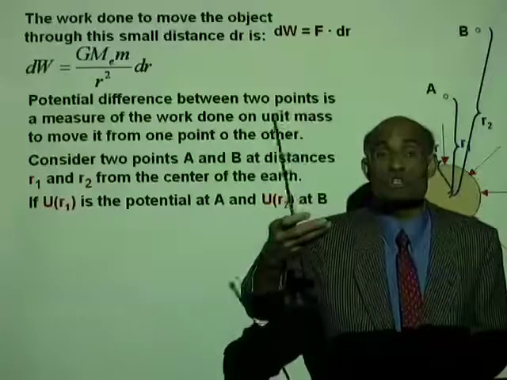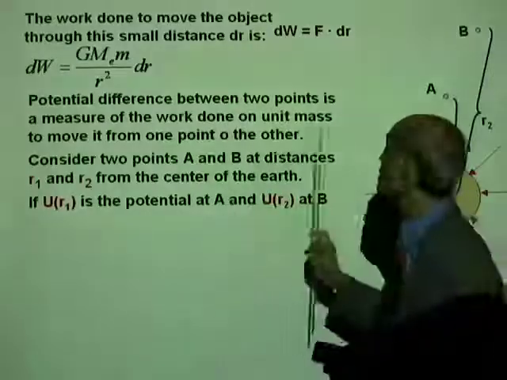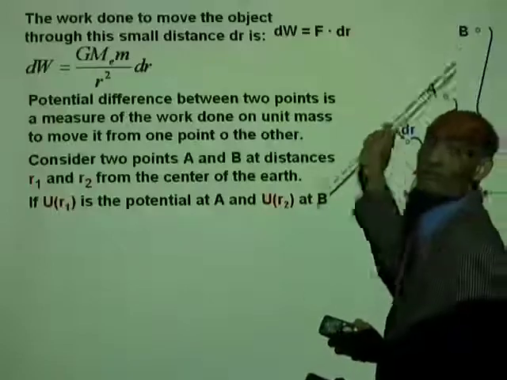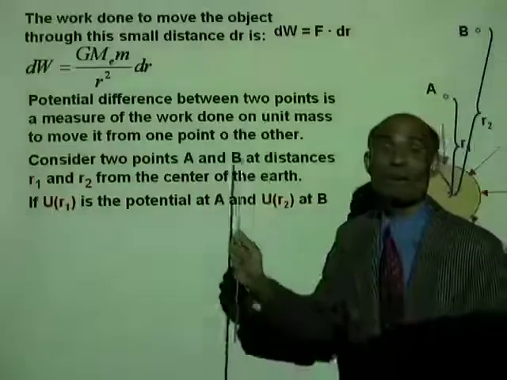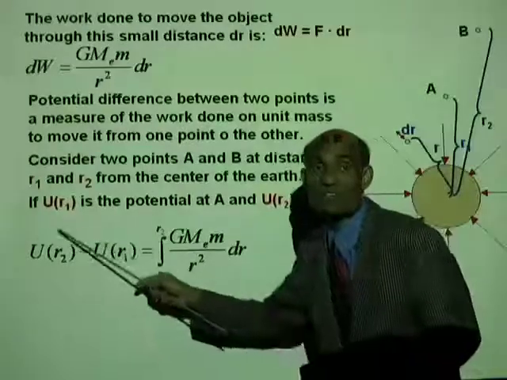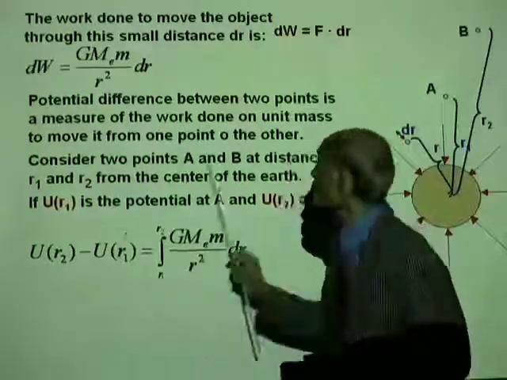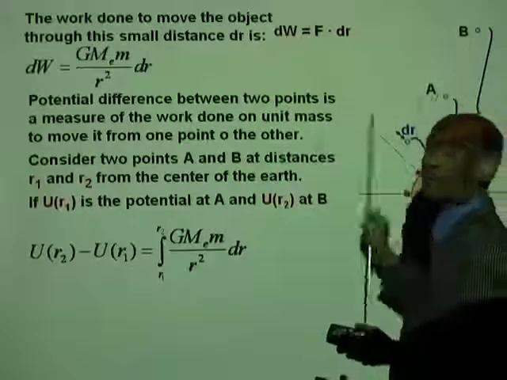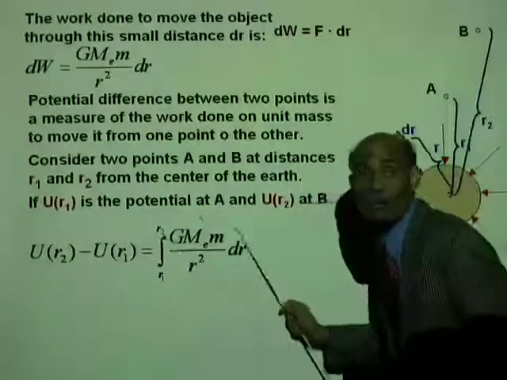And what does potential difference equal to? Potential difference is a measure of the work done to move the object from one point to the other. So U(r2) minus U(r1), which is potential difference between the 2 points A and B, is a measure of the total work